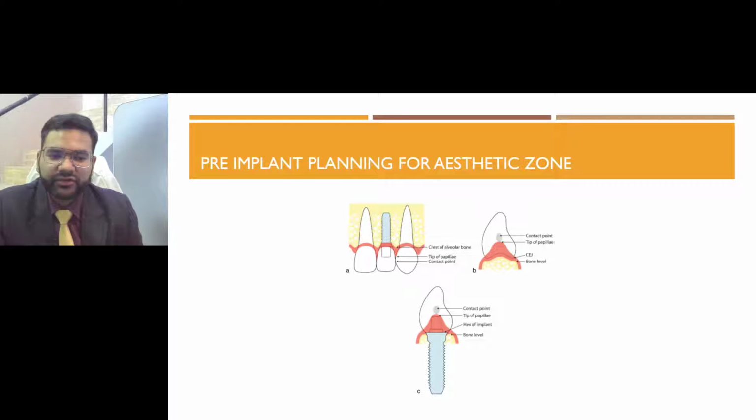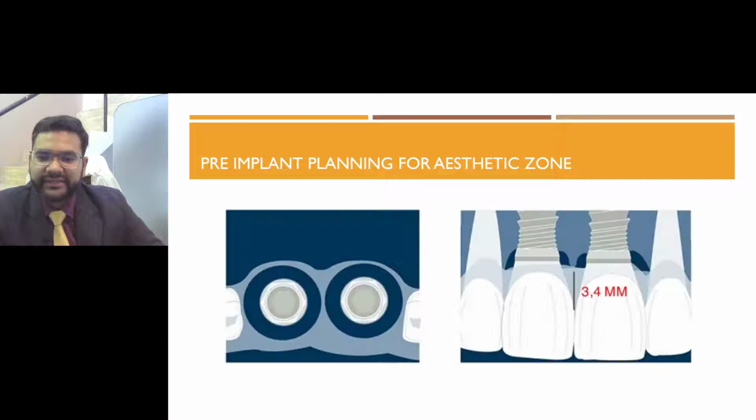Now classically, soft tissue topography is determined by parameters such as contact point position and crown dimensions. Salama in the 1990s found that 4.5 mm of papilla was the average amount of papilla that we should expect between an implant and a tooth if a distance of 1.5 mm is maintained between them. But to have that papilla, the distance between the contact point and the alveolar crest should not exceed 4.5 millimeters. This distance further reduces to 3.4 millimeters between two implants.